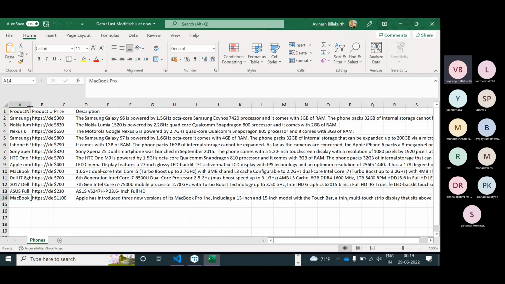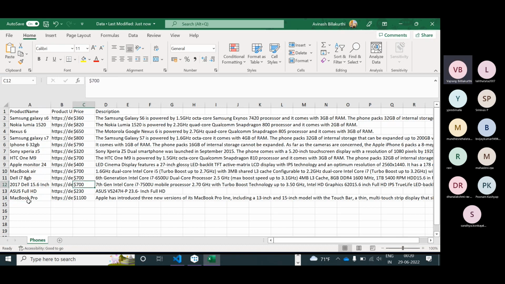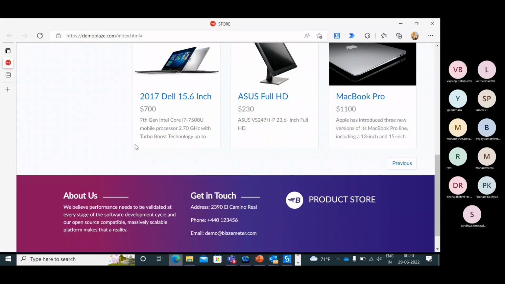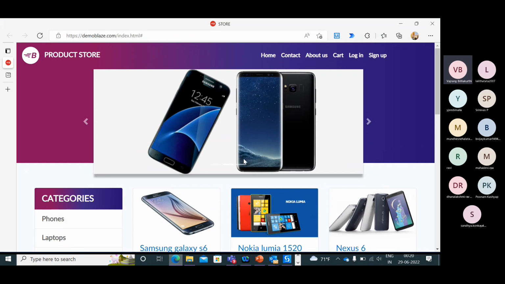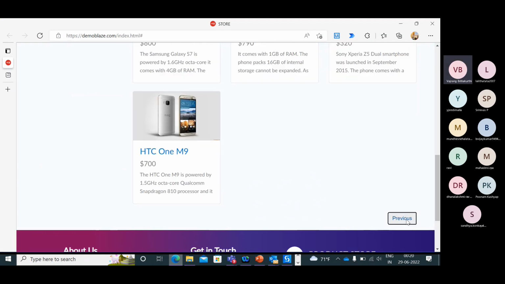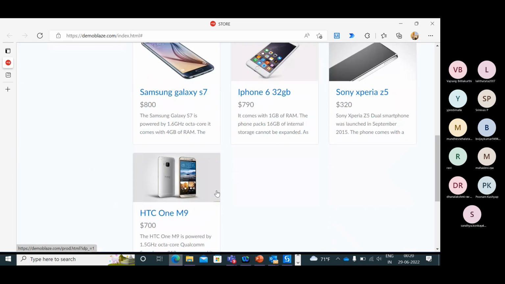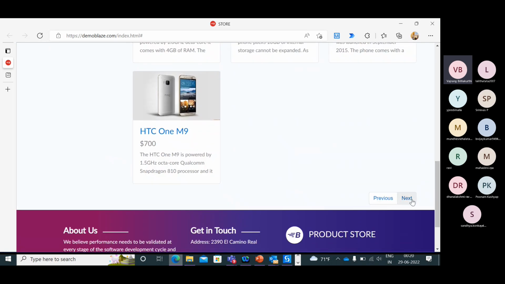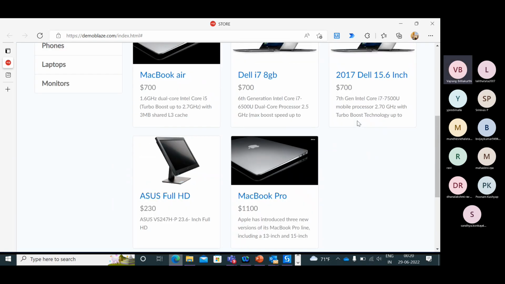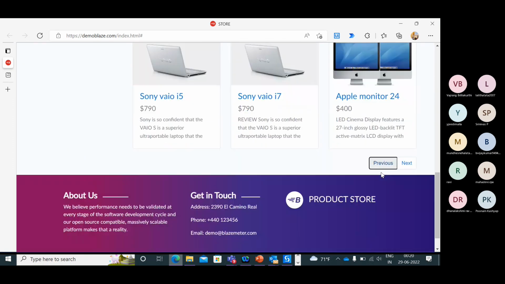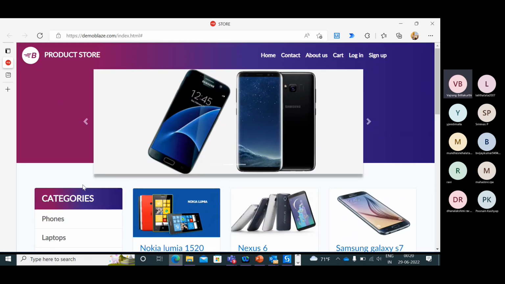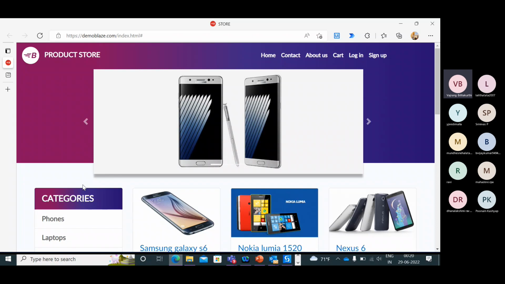Okay, we have 14 results, but the problem is we have MacBook Pro as well. So do we have MacBook Pro in results? Phones. Previous page. Phones. We have only one page here. But yeah, we also have this one. Previous. Not sure why this page is coming in like this. Anyhow, we are not concerned about how the page is designed.